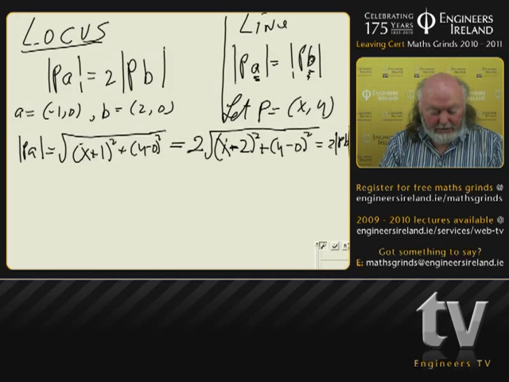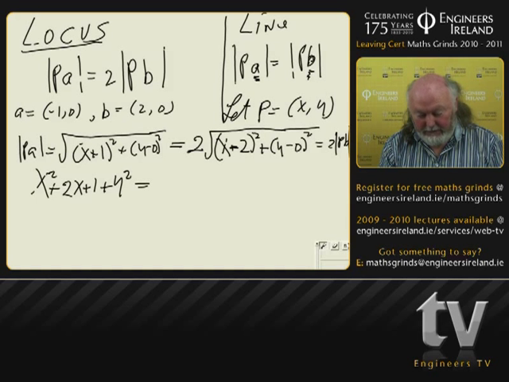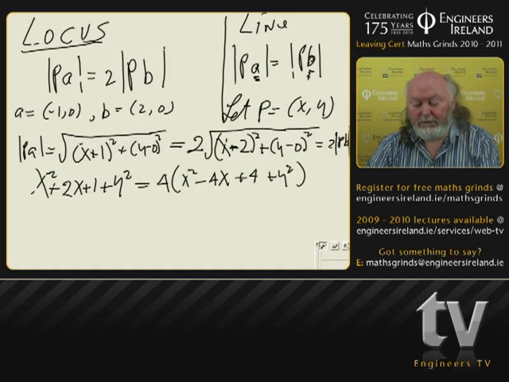And all that breaks down to, when we square out both sides, what you will find is x squared plus 2x plus 1 plus y squared is going to be equal to 4 outside of x squared minus 4x plus 4 plus y squared. I don't intend to go on beyond this in the writing of it, because what I want you to notice